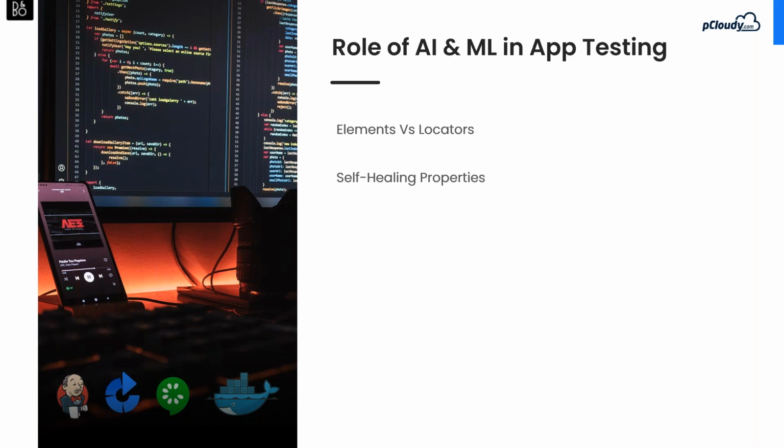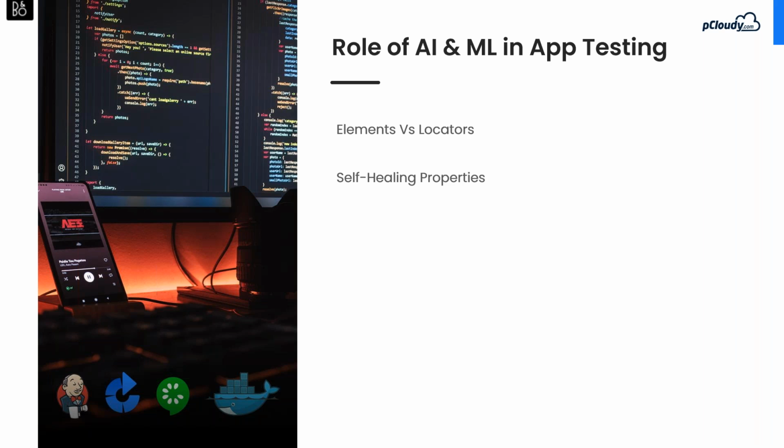Now, with current AI-powered mobile testing tools like pCloudy, we have visual locators. These eliminate the need for these fragile selectors and provide a more robust way of targeting elements. Instead of hard-coded selectors, visual selectors identify elements based on their visual appearance. This way, even if the selectors for elements change, your test will still work. That's where we are very much focused on how AI can help.